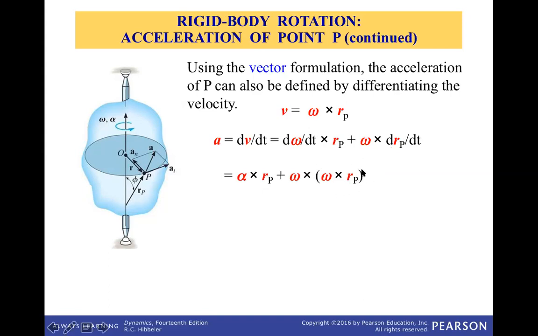Now you will have to apply the right-hand rule twice. The first time, in the parentheses, you determine the direction of the velocity, and then you do omega cross velocity. That will give you the direction. The first term will be in the tangential direction. The second term will be in the normal direction. After you have done that,